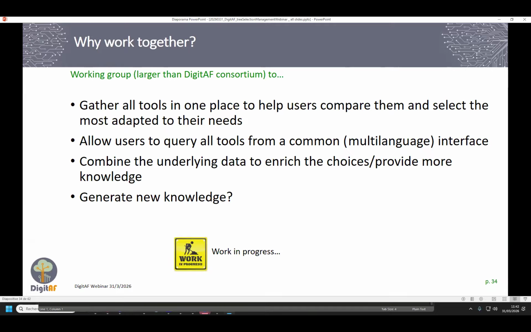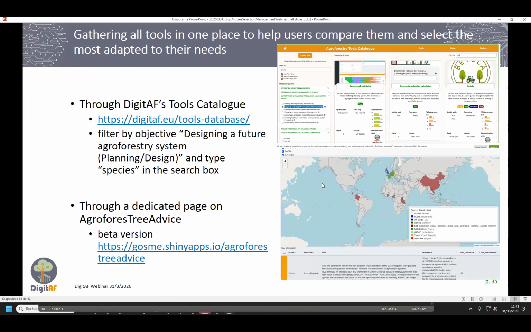How to allow users to query all tools from a common interface. And is it even possible maybe to combine the underlying data to enrich the choice and provide more knowledge, and so generate more knowledge?